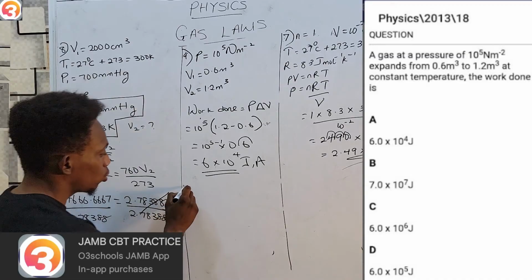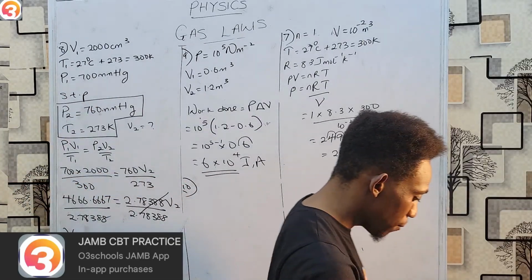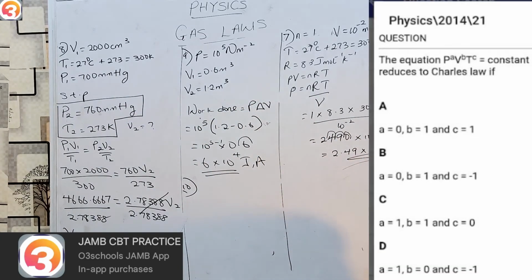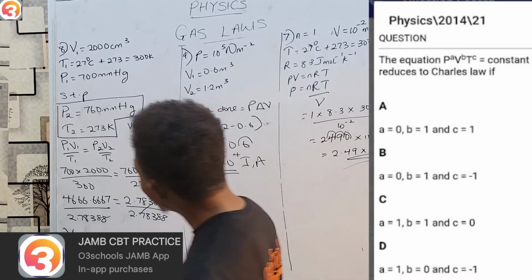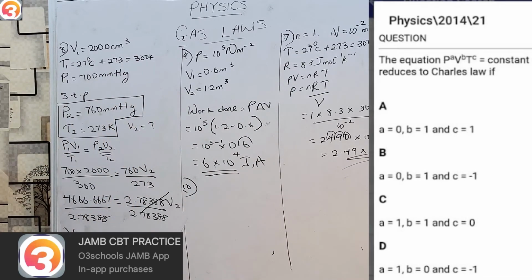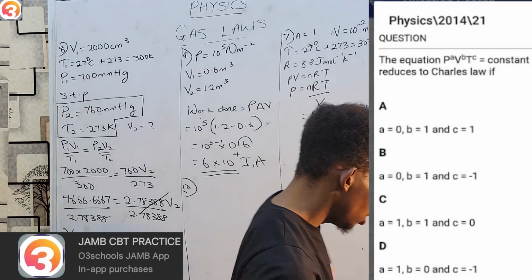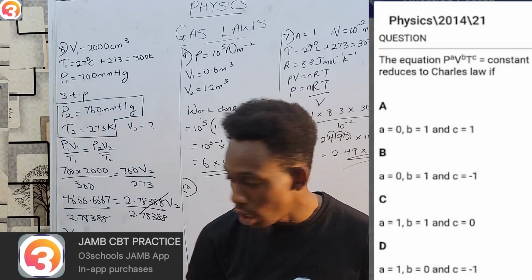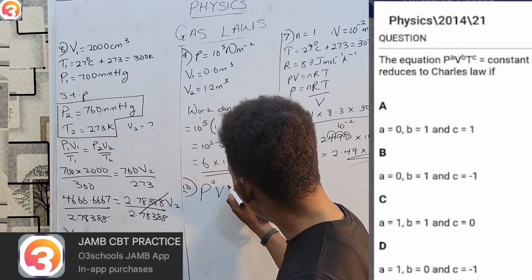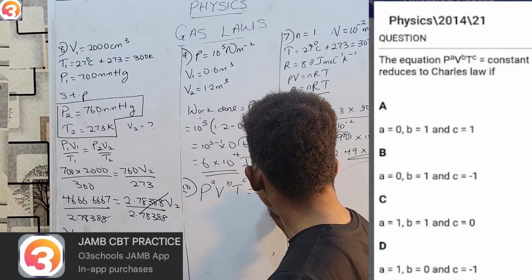And for our very last question, question 10, this is from 2014, number 21. Please note this last one was from 2013, number 8. And if I didn't say this, this was from 2012, number 21. So for this last one, we are told the equation P raised to the power A, V raised to the power B, T raised to the power C equals a constant